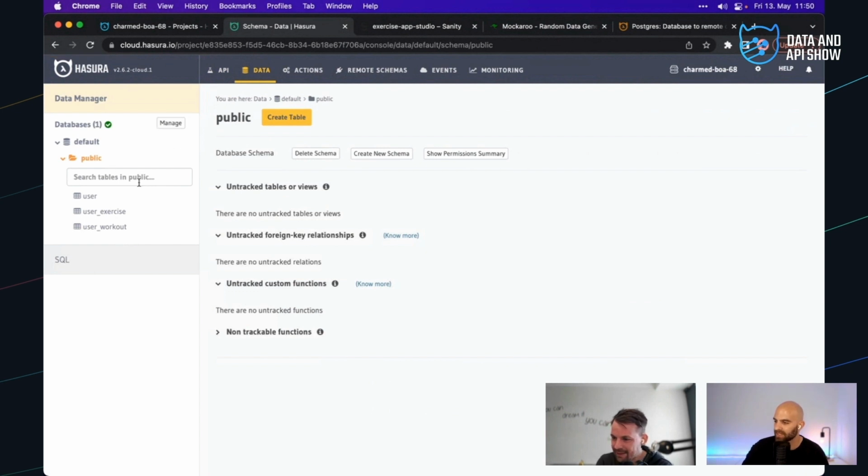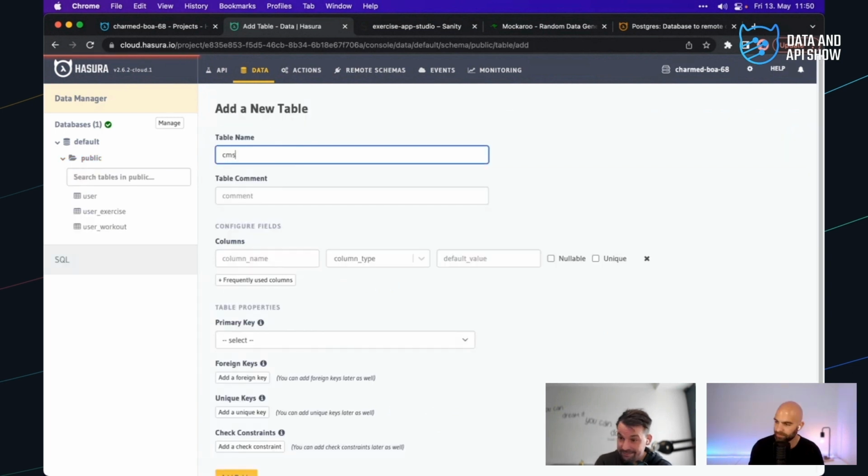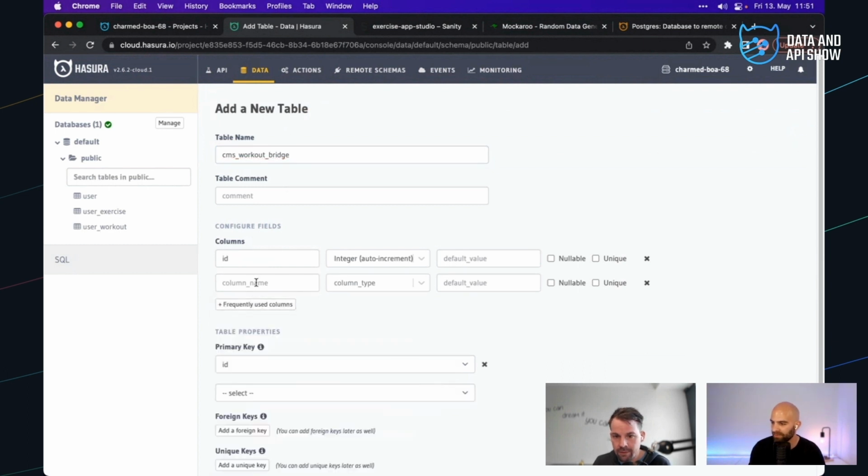We'll create a table called CMS workout bridge. This is like a worst case scenario, right? If you've really got to build something extremely robust, we'll call this the CMS workout bridge. And then we're going to give this just a random identifier here, but then we're going to call this the workout slug, which will be a text field.